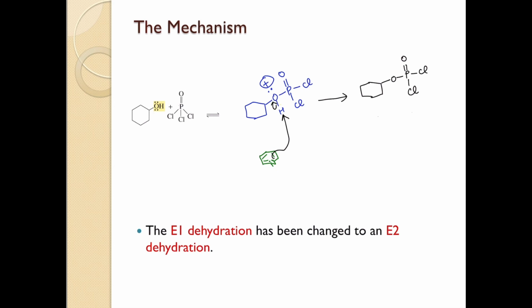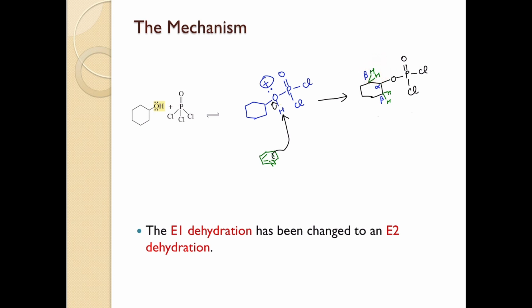Okay, now since we are using large excesses of pyridine, the pyridine is actually going to behave as a base to abstract the beta hydrogen. Let's find the beta hydrogens. Here is the alpha carbon, beta carbon, beta carbon. Now you have two hydrogens here on this beta carbon, and again, two hydrogens here. It doesn't really matter which one of these hydrogens you are going to abstract